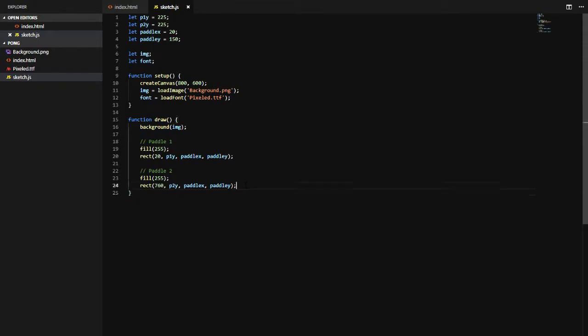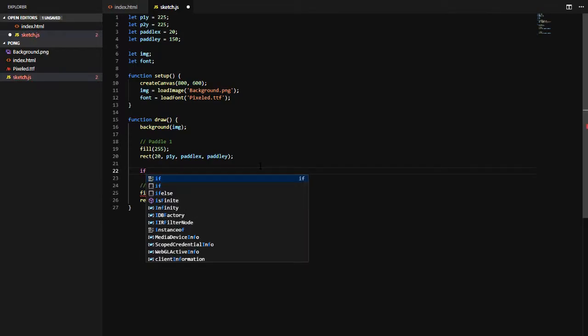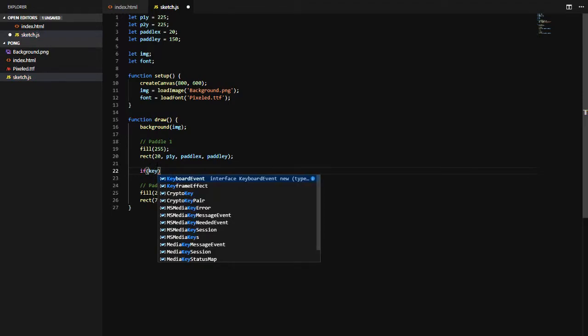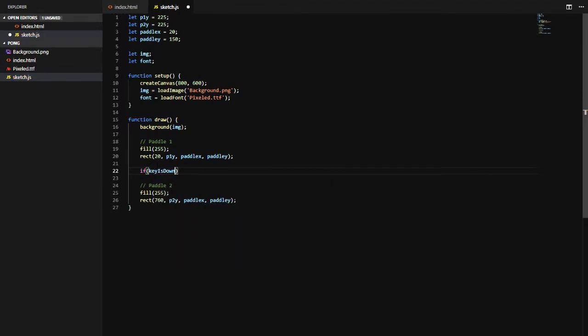Yeah, so if we go in here, refresh our page, and look, we've got the double paddles. So if we go back into our editor, and now we're going to make them move. I'm going to say if, let's see where, if, that's the, here we go. If key is down